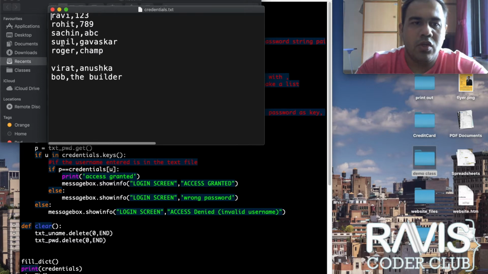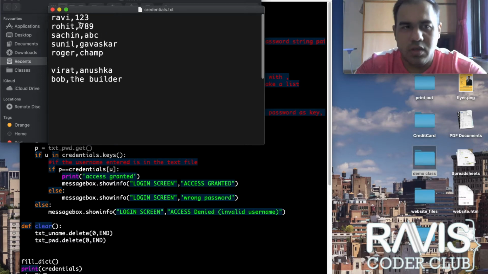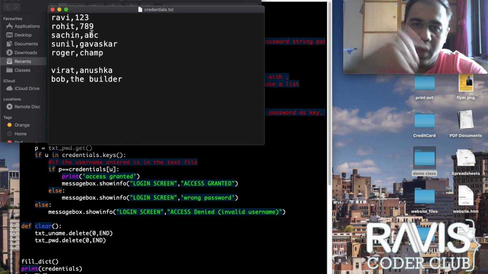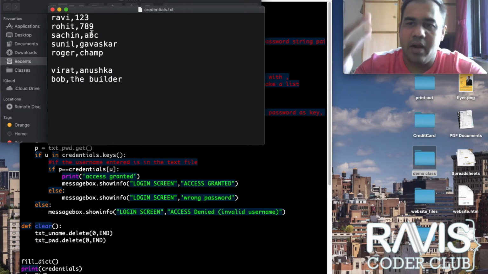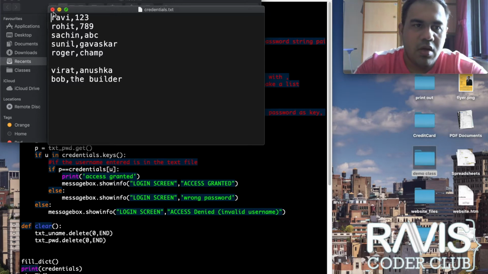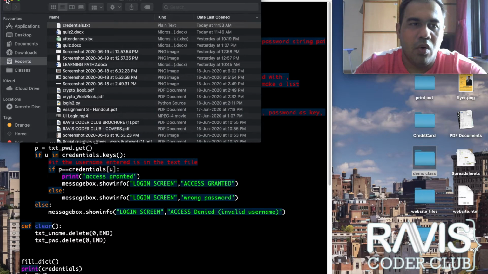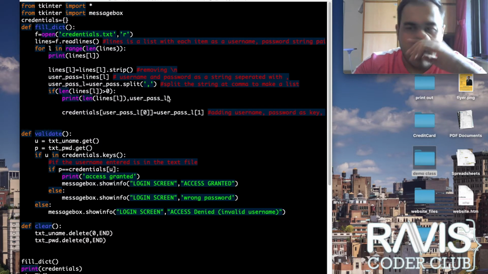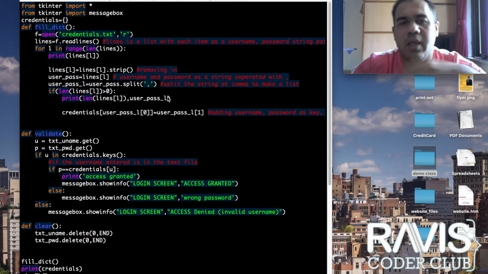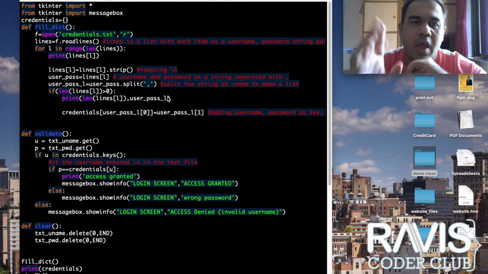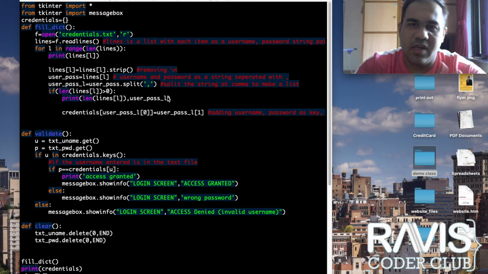Okay, so I have stored in some username passwords, for which I've made another UI also. I'll show you that, or you can manually add in whatever. So there is Ravi123, Rohit789. So these are username password pairs. So when I run this code, it first reads from the text file, it grabs the username password, and it puts it in a dictionary. Dictionary is a type of data structure in Python, just like lists are. So I'm not going to explain all that because that is under basic Python.